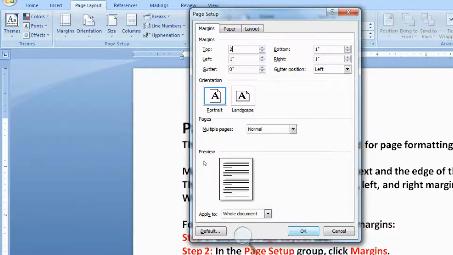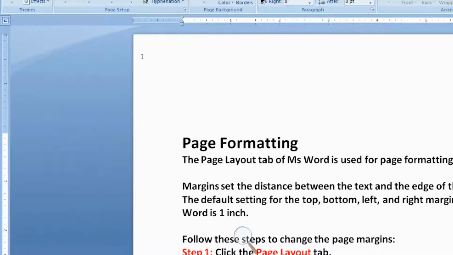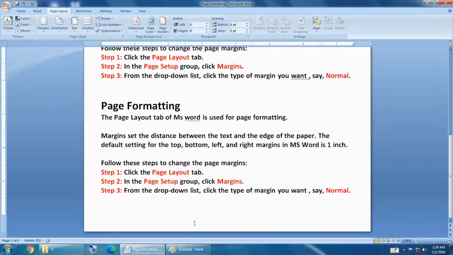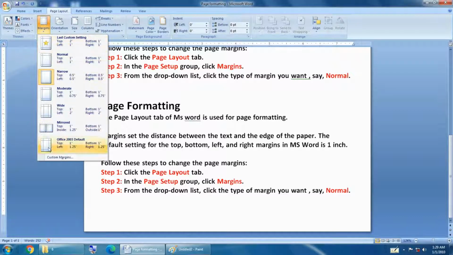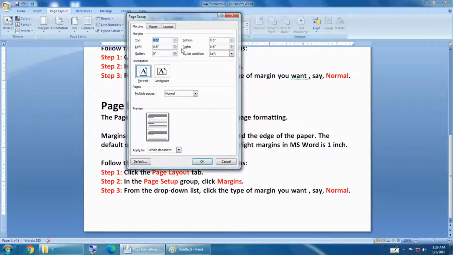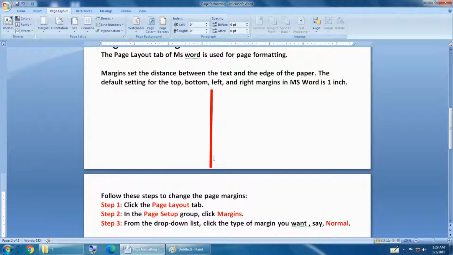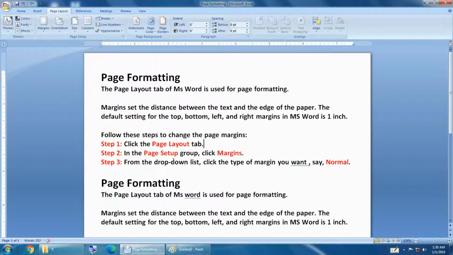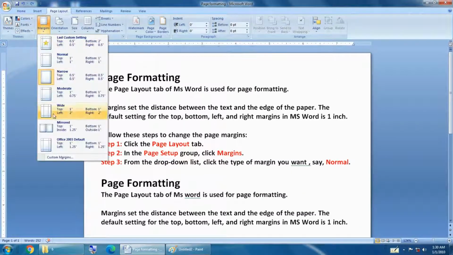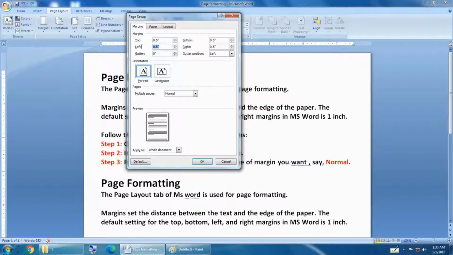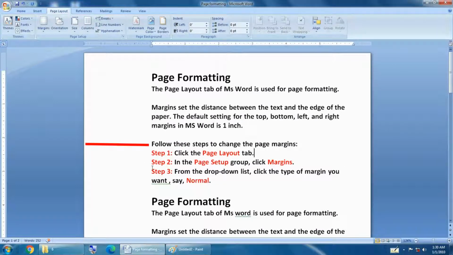The option top sets the distance from the top of the page to the first line of the text. Bottom sets the distance from the bottom of the page to the last line of the text. Left sets the distance from the left edge of the page to the start of the text.